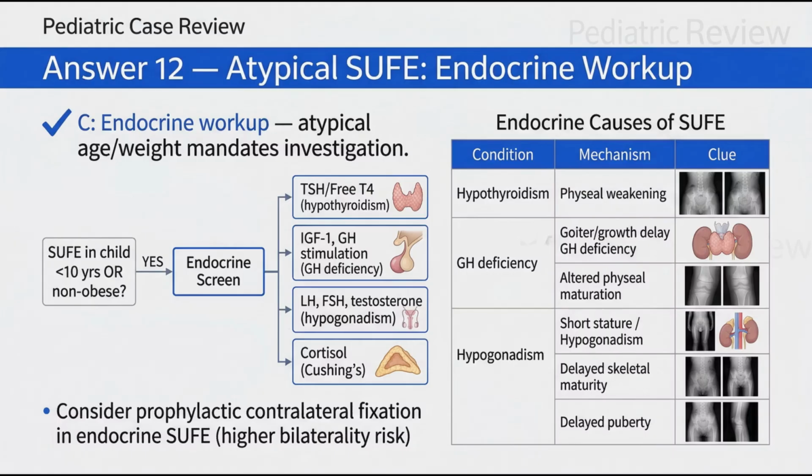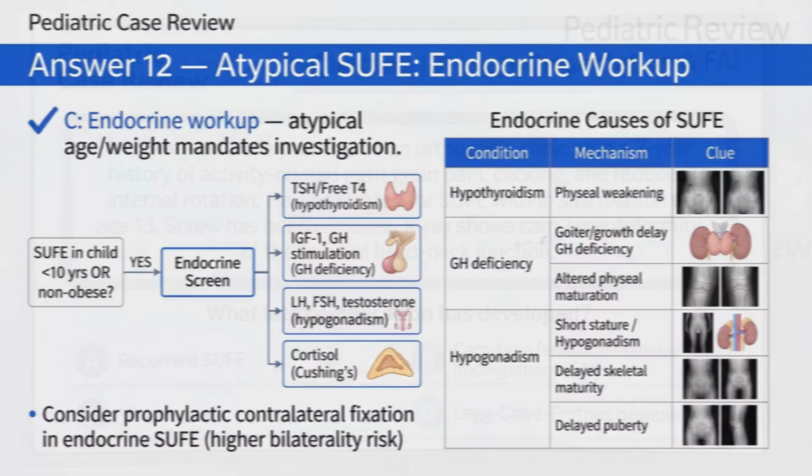The workup includes thyroid-stimulating hormone and free thyroxine for hypothyroidism, insulin-like growth factor 1 and growth hormone stimulation for growth hormone deficiency, luteinizing hormone, follicle-stimulating hormone, and testosterone for hypogonadism, and cortisol for Cushing syndrome. These hormonal disorders weaken the physis through altered maturation. Endocrine slipped upper femoral epiphysis also carries a higher bilaterality risk, so prophylactic contralateral fixation should be strongly considered in